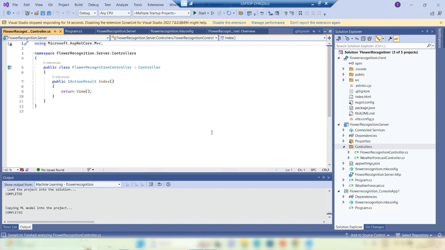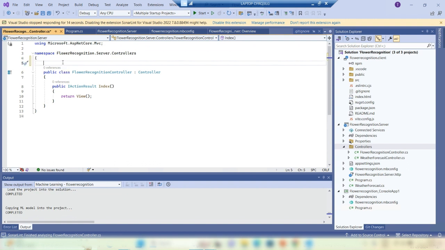The namespace is this, flower recognition controller. Okay, now we'll use over here API controller,